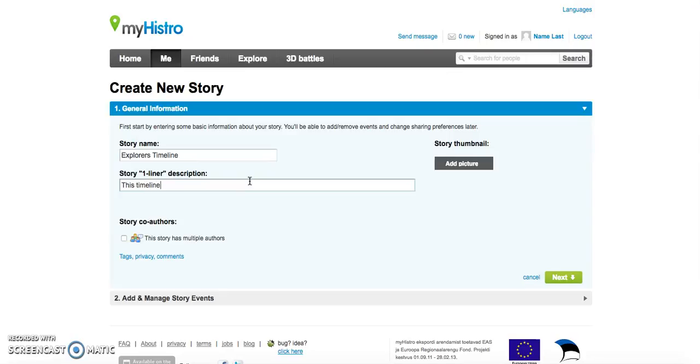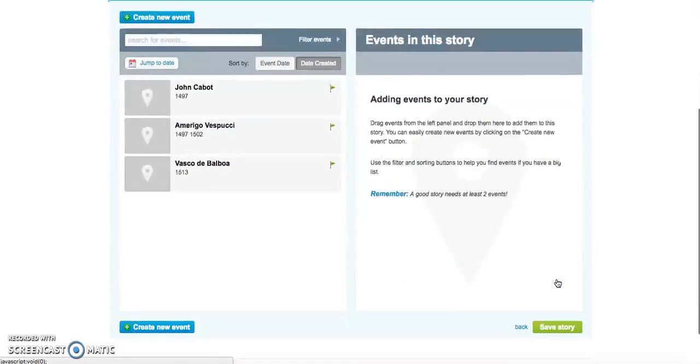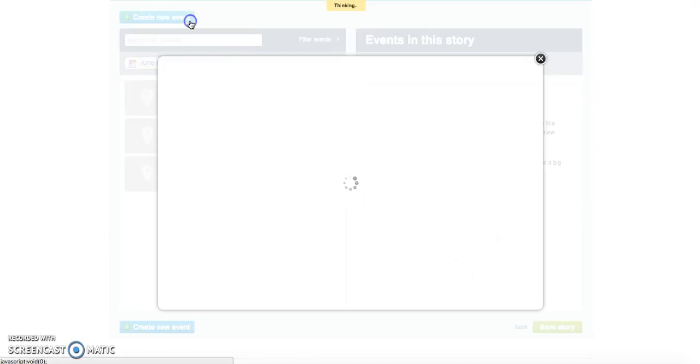So this timeline is about the early European explorers. You're going to hit this green button that says Next, and this is where you're going to start adding your events to your timeline. So you're going to click this button that says Create New Event,